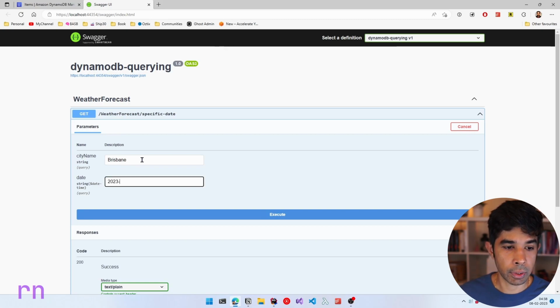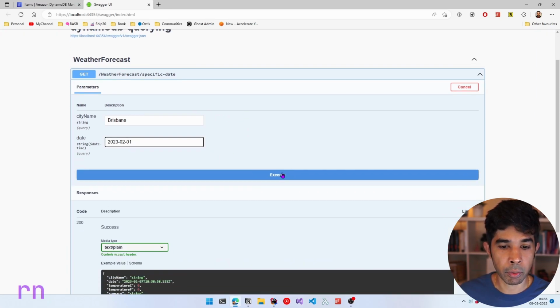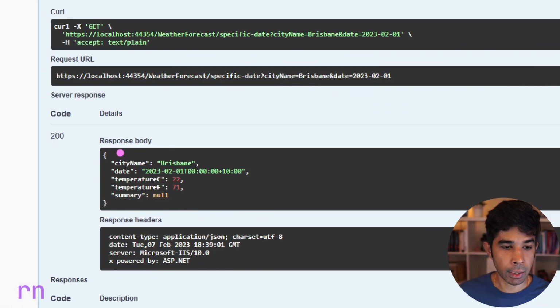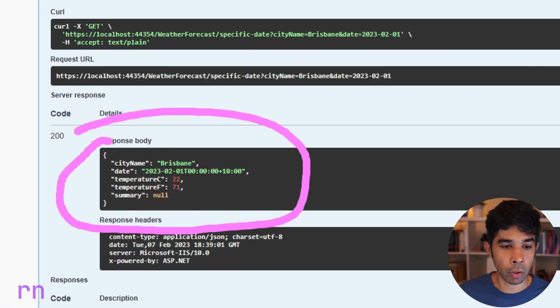So let's choose 2023-02-01, which is the 1st of February, and click execute. This returns the data as expected and it returns only one record. So you can see this is for the date 02, 01 and 2023, and it shows you the temperature on